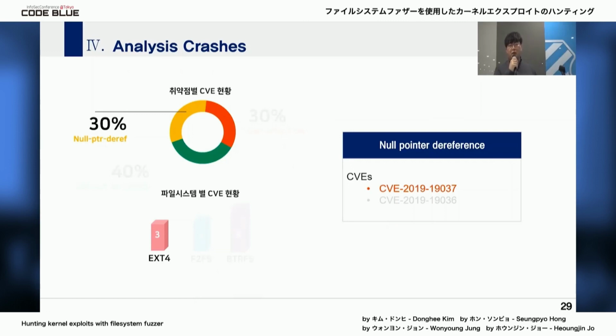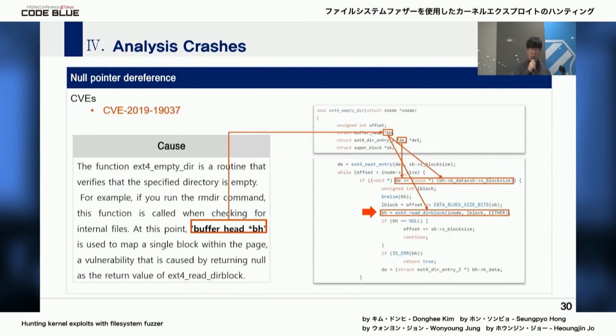First, the null pointer dereference vulnerability. The ext4 empty_dir function checks if there are any files in the directory when executing a command that deletes a directory, such as rmdir. The vulnerability is in the structure pointer called bh in the ext4 empty_dir function.